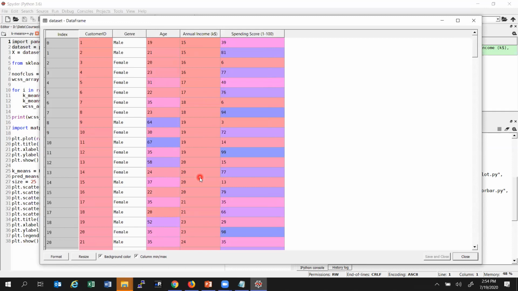Why do we need clusters? Can anyone tell me, with this data, why we need to create groups of clusters? Why do we want to do that, first of all? Someone, anyone? Those who are spending more can be part of one cluster. Okay, then what will happen? Maybe different age groups and their spending capacity. Correct. That we can't say yet. But what will happen if we create a cluster? Why do we want to create a cluster, first of all?